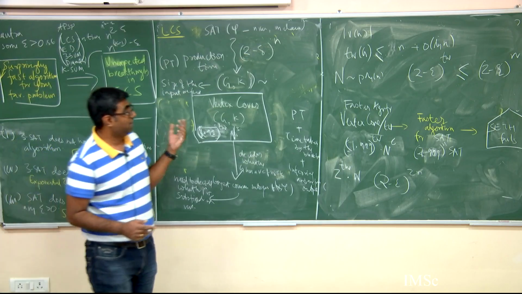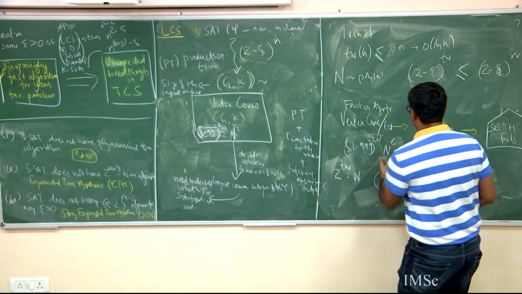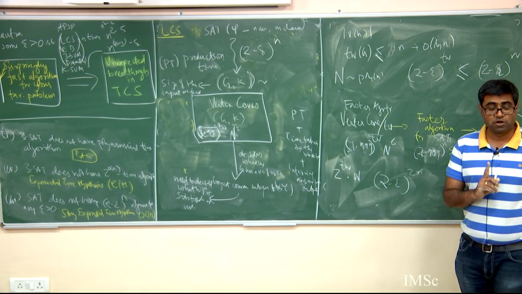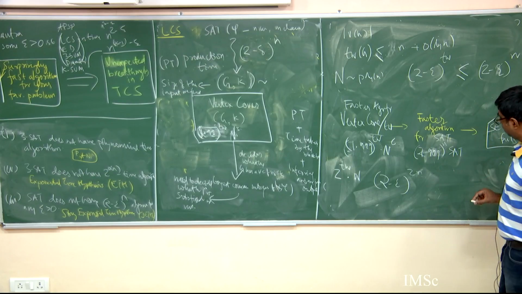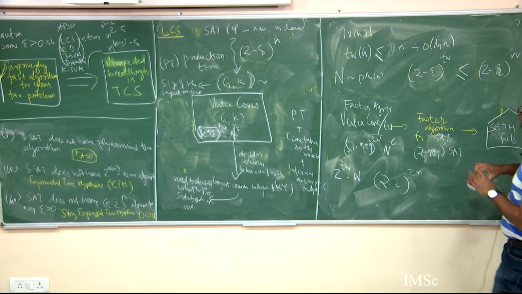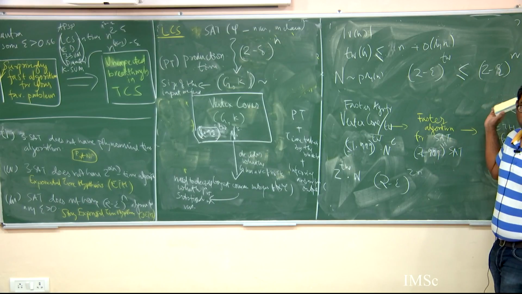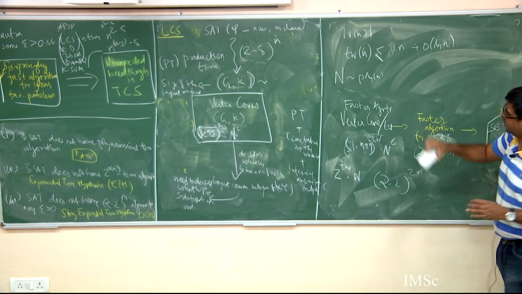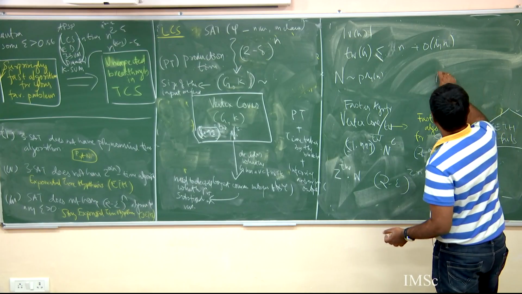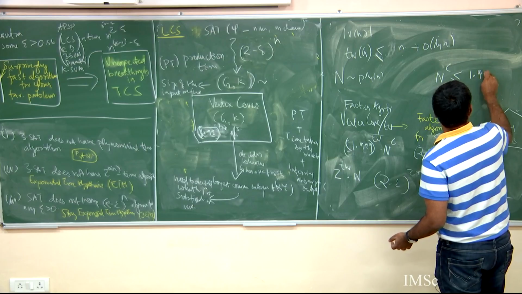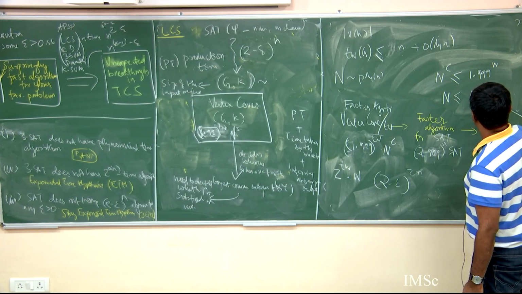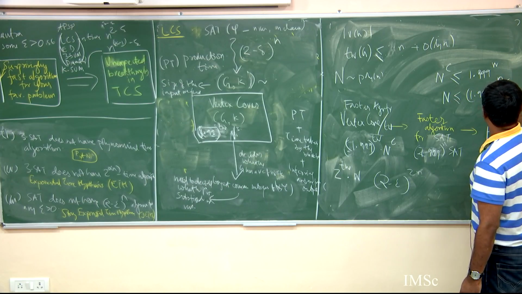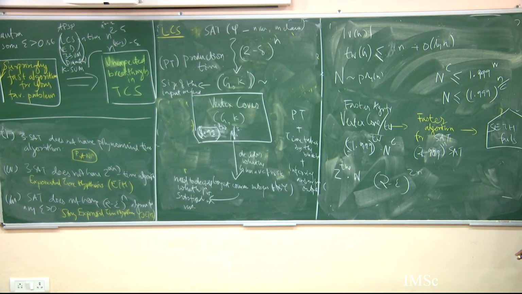right? Now if I have some n to the power c, I have to be careful. What is my n? Okay, fine. But how big can I make the graph? For all affection and love, we can make n. What is this? I want n to the power c to be less than or equal to 1.99 to the power n. So n has to be less than or equal to 1.99 to the power n over c. That's it. So the graph can be as large as this. It's a huge graph,